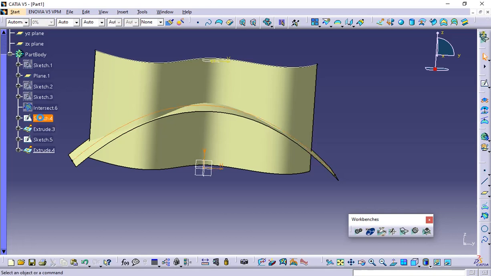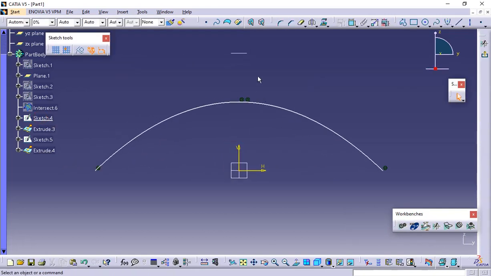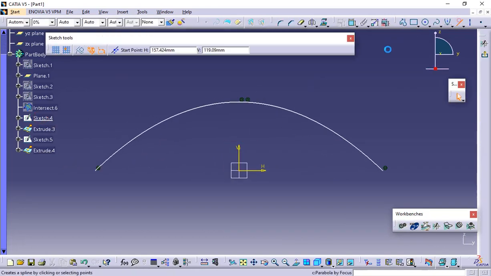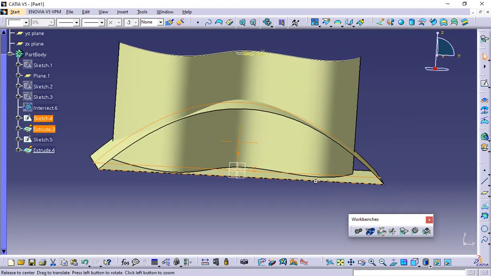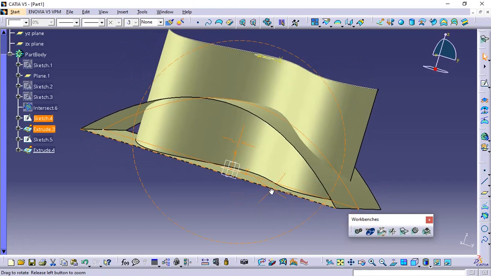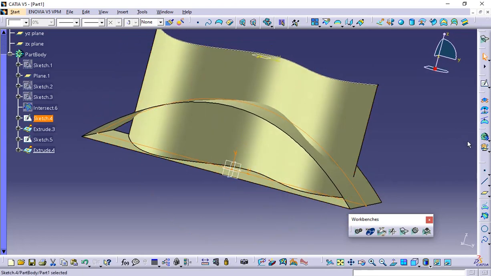So here on the sketch, I make this into a solid. So by using